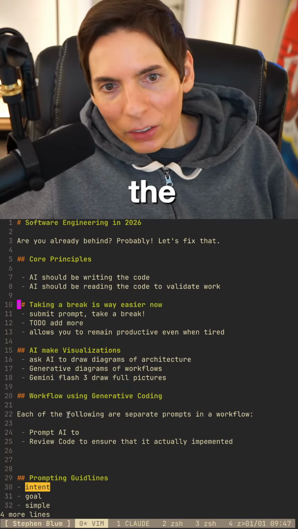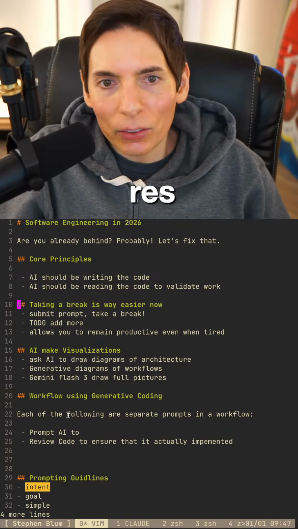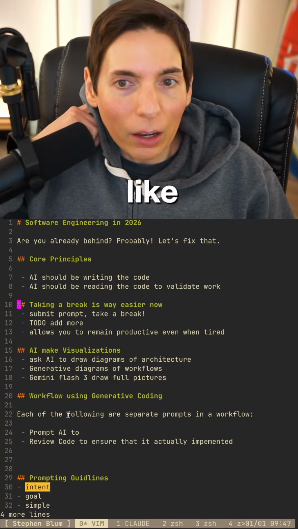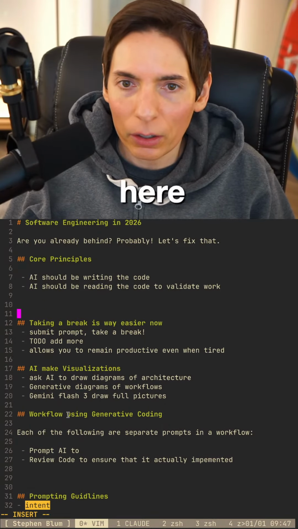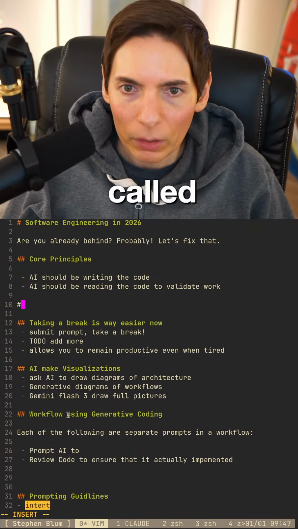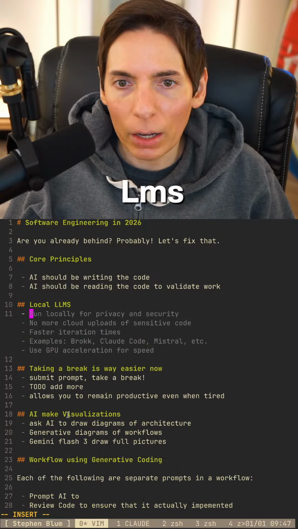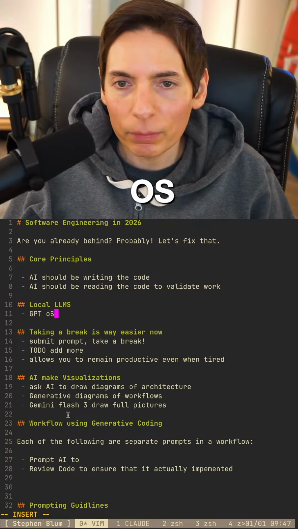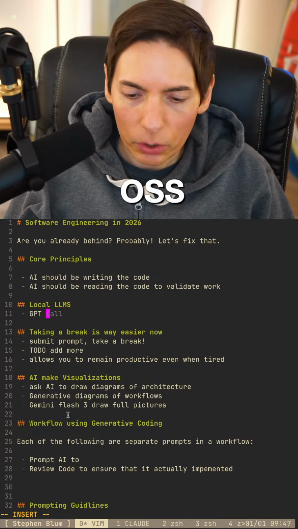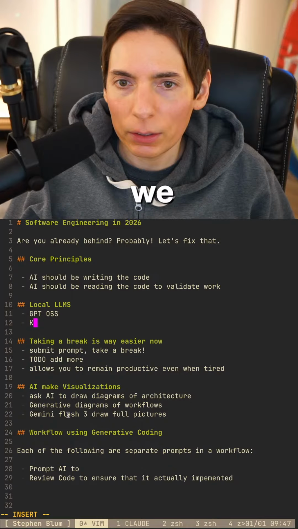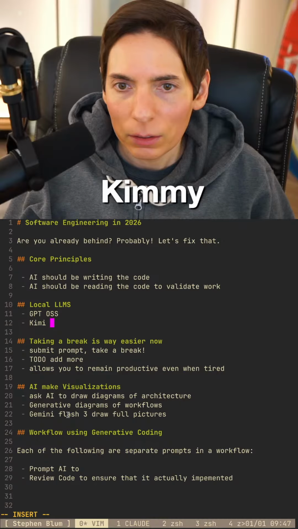Thanks for the info. I want to seek local LLMs. Local, like, let's add that in here. Let's add another segment called local LLMs. We got GPT OSS. We got Kimi K2.